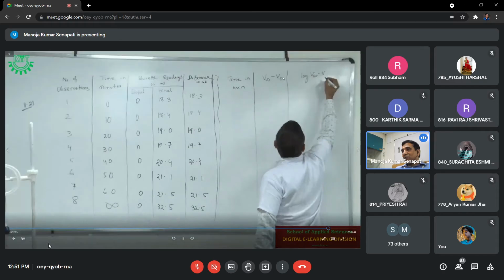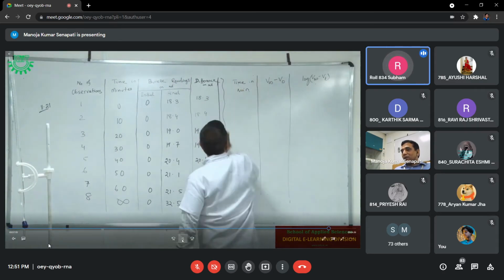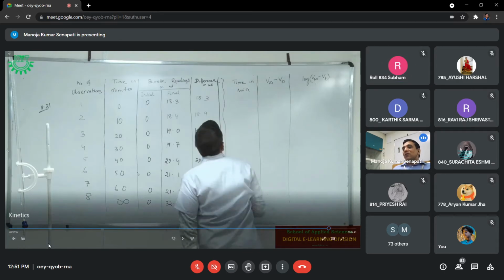This is a little bit wrong. So can you repeat again, because you are not audible to me due to network problem? You see, you are going to do two observation tables. I have drawn these observation tables side by side. You should not draw like this. One observation table will be on the top, on the left side of your record, the blank side. Another observation table will be drawn at the base of this observation table. That means both observation tables will be on the same page. One is at the top, another is at the bottom.